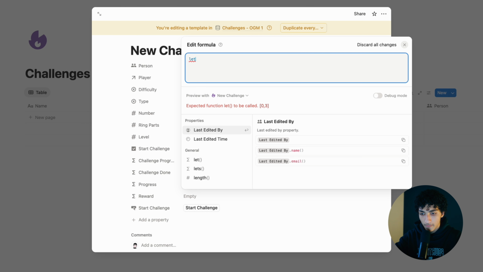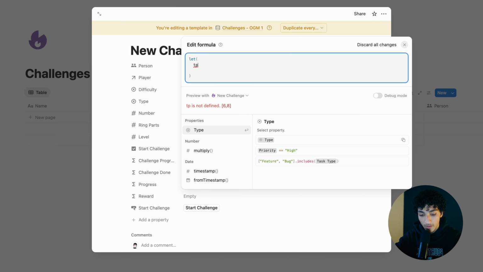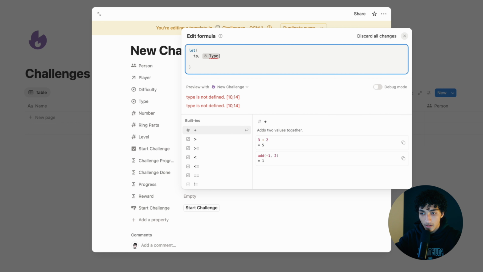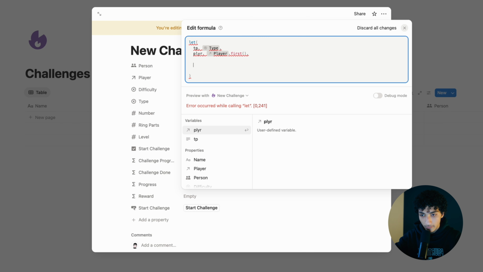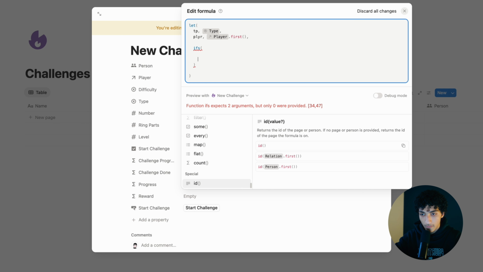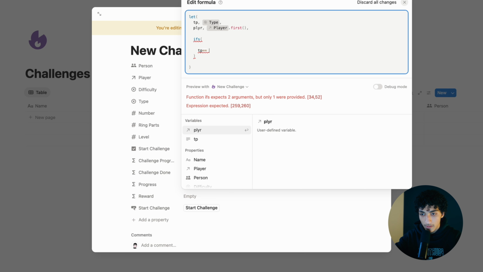So now let's build our progress formula. So let's call some data here. First of all, TP, which means type of the challenge. And then we need the player. So we'll just call it like that, player. And it's the player dot first. Now with some conditions. So if the type equals quests,